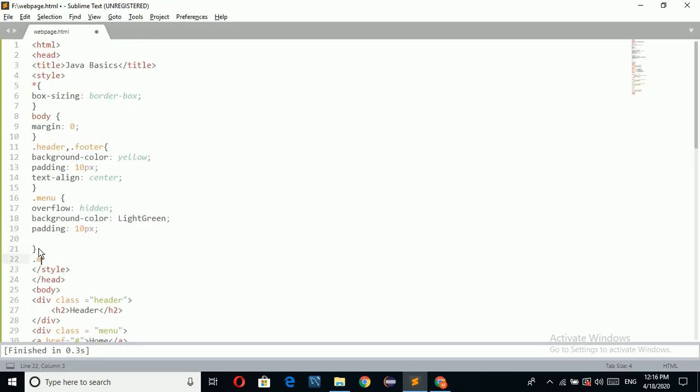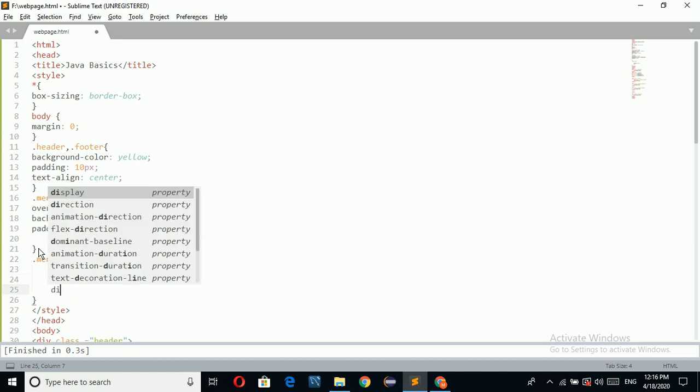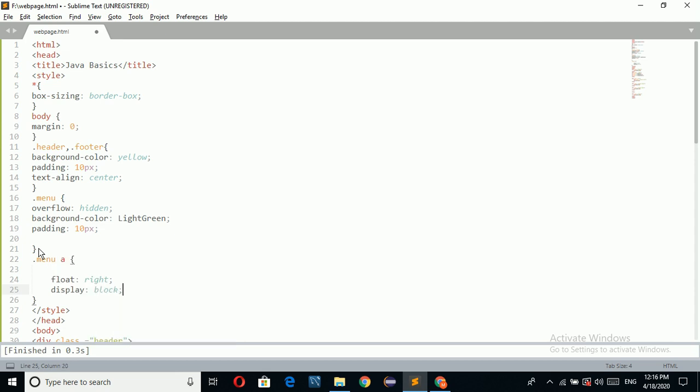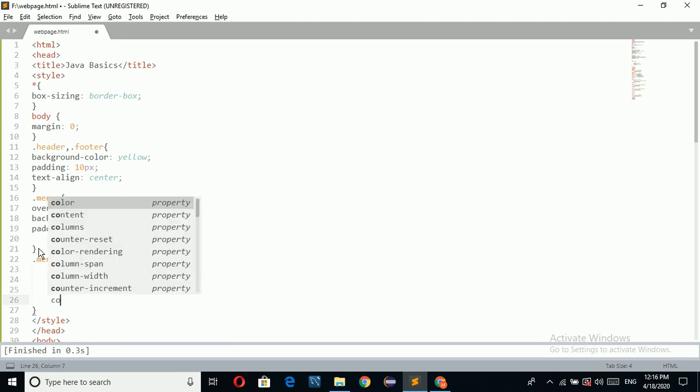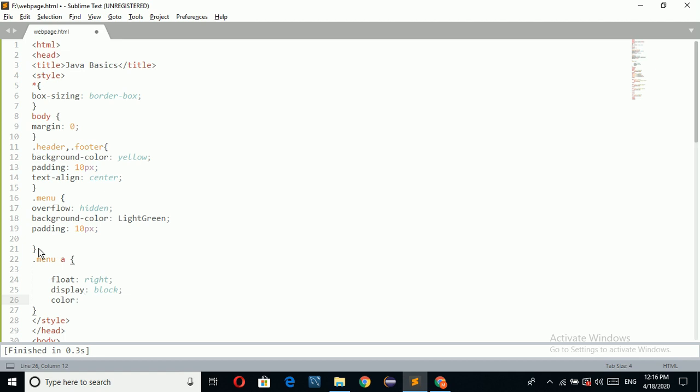Now I am going to apply CSS for the menu bar hyperlink. So for the menu bar hyperlink, float equal to right, display block, and color equal to, I want to display the hyperlinks in red color, and padding equal to 10 pixel, 10 pixel.